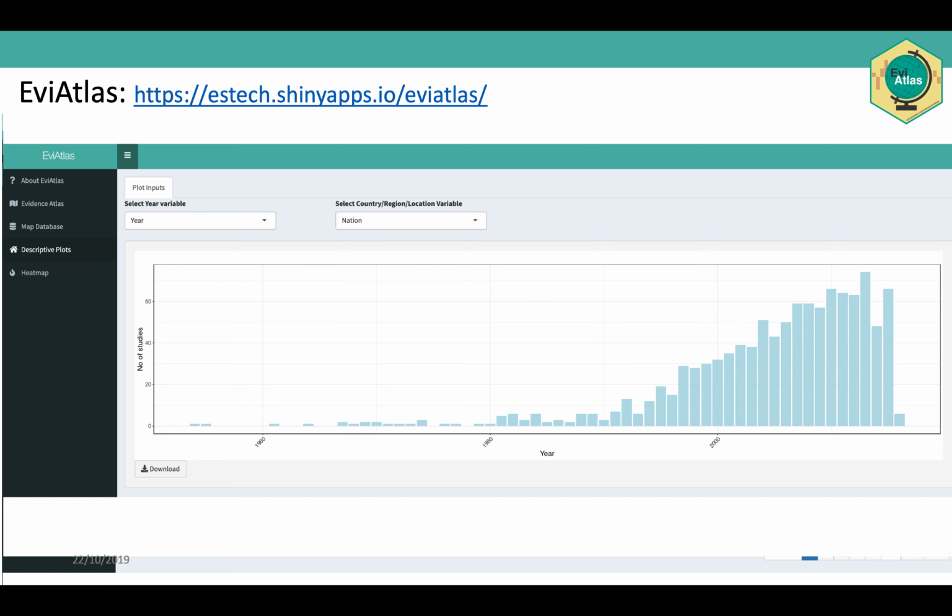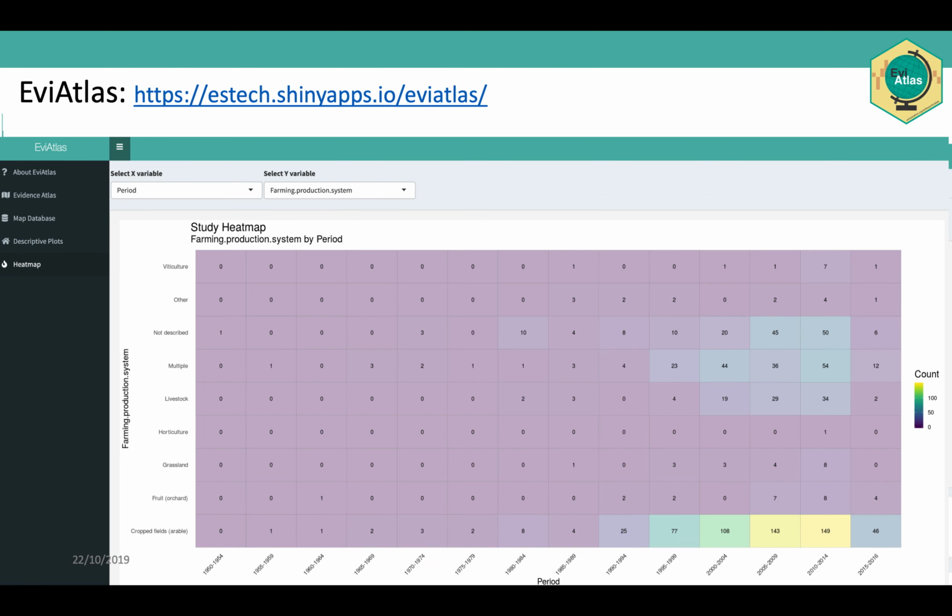These are bar charts at the moment. We'll be introducing some other forms of descriptive plots like scatter plots as well. And you can produce a heat map, which is a cross-tabulation of two categorical variables. In this case, we've got the study period or the publication year period and the farming production system. And what this does is it tallies up the total number of studies in your database. So you can see where the gaps and clusters are